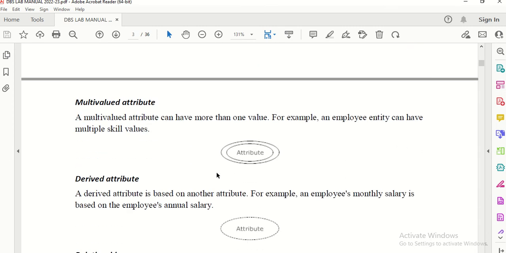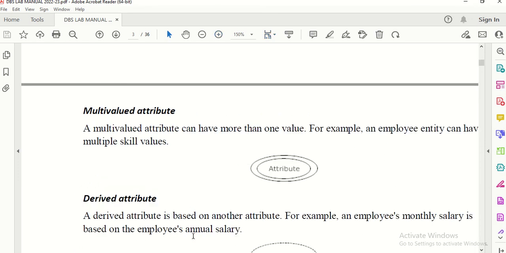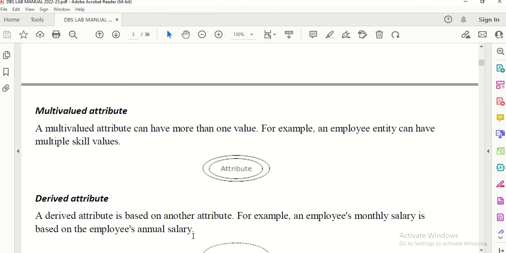Now multi-valued attribute. So in our ER diagram, we may need to represent the multi-valued attribute. The multi-valued attribute can have more than one value. For example, an employee entity can have multiple skills.